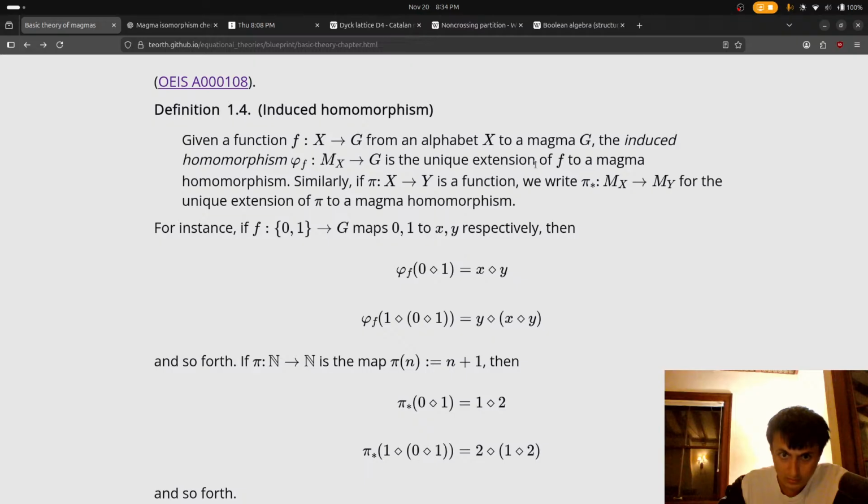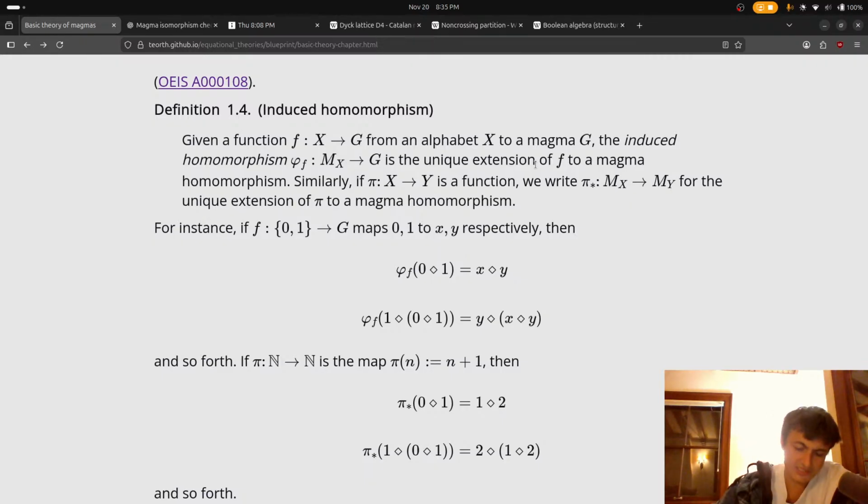What? Given a function f from an alphabet X to a magma G, the induced homomorphism phi sub f from MX, the free magma on alphabet X, to magma G.